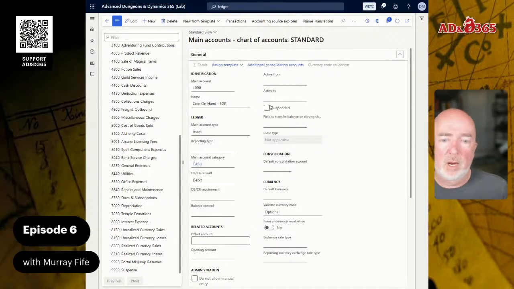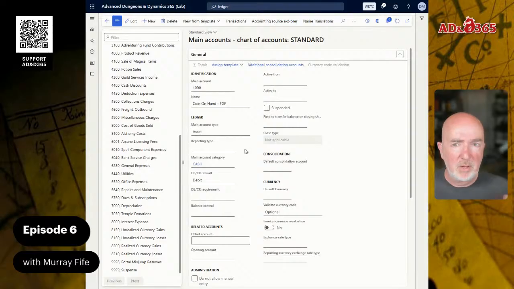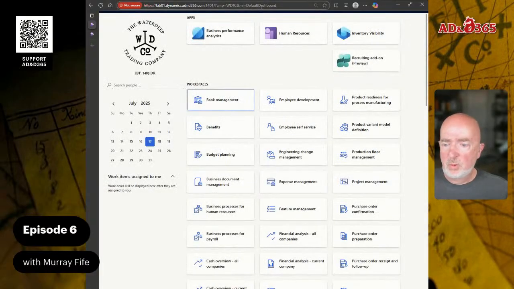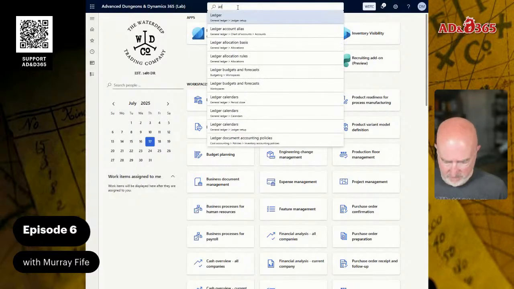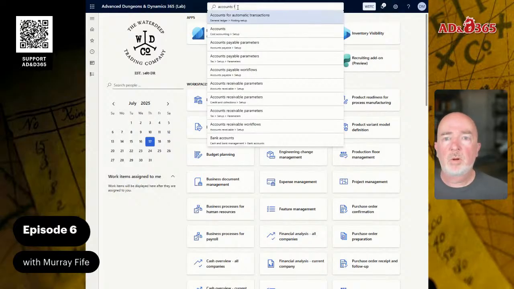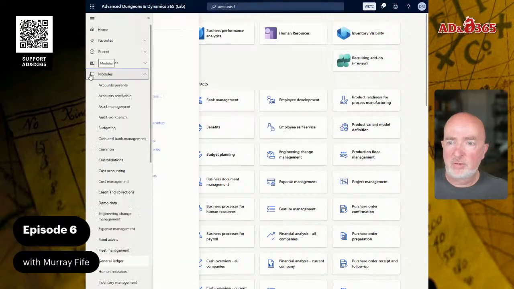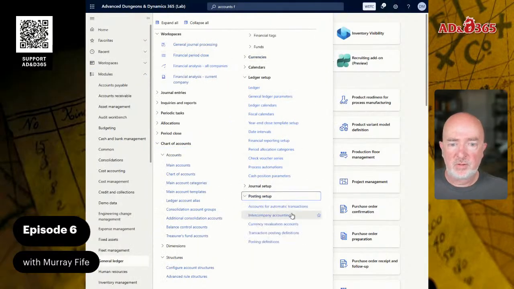So we can now modify this if we want to and change some of the company-specific concepts that we have with our chart of accounts along the way. But what we want to do now is make this one final change. We're going to go into this one item, which is the accounts for the automatic transactions. Now, if I go into the general ledger and go into the posting setup,